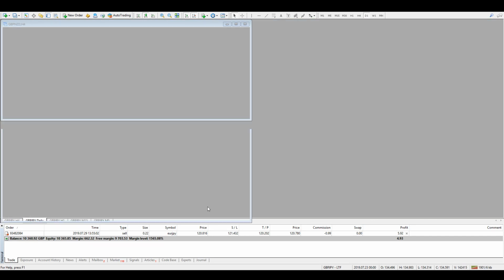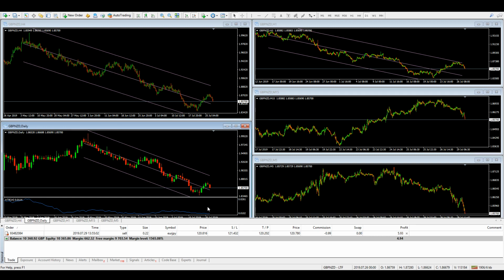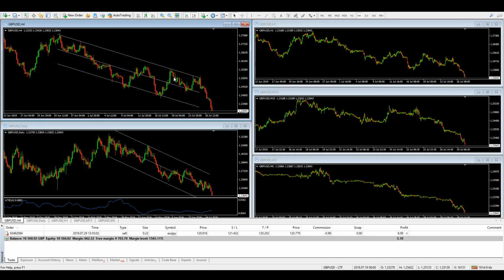Same here, GBP JPY, similar to EURJPY, which I'm actually in. Very, very similar price action on all of the pound crosses today. That was also good. I was stalling because I was trying to remember what I was going to talk about as well. So